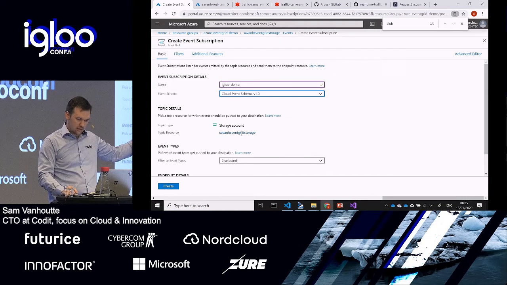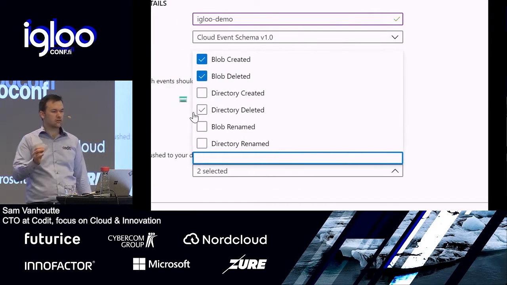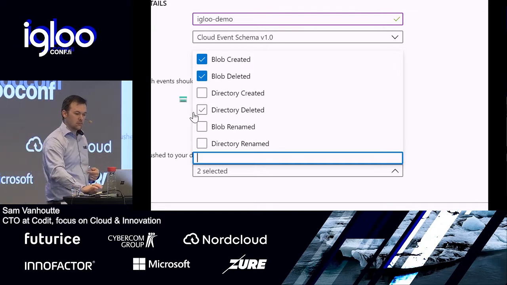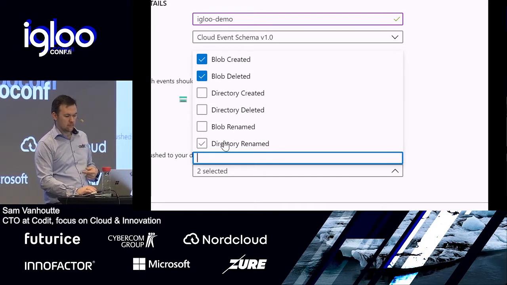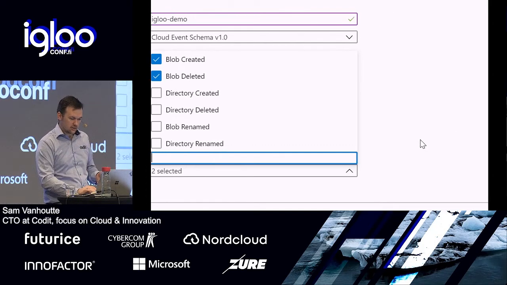So here it links with the storage account, and this is where I can specify the type of events I will enable. By default, I have every blob that gets created, every blob that gets deleted, and these are more the data lake events, like directories and blob renamed and so on. That's specific for data lake. So I will have these events listed,